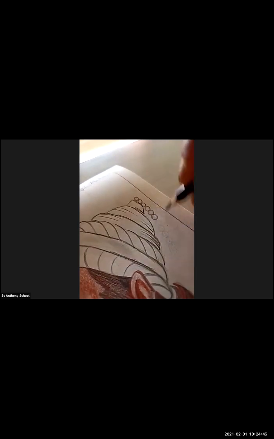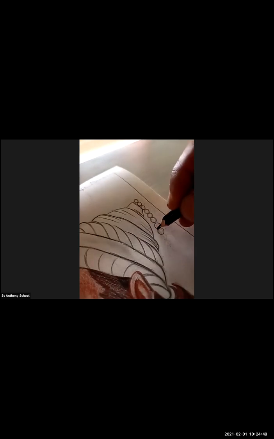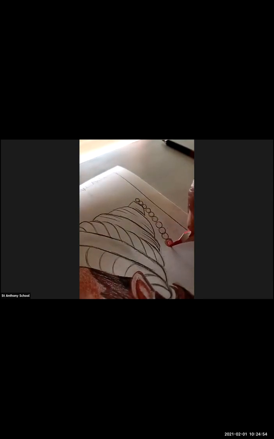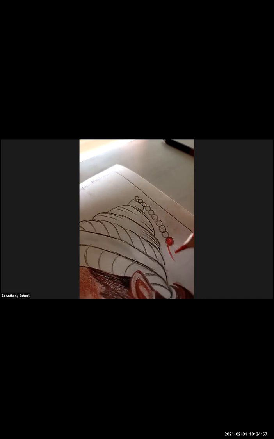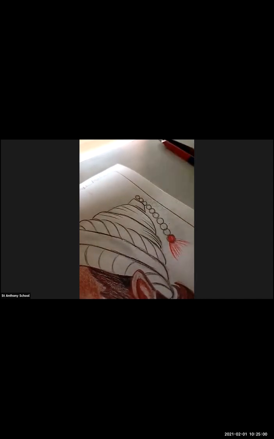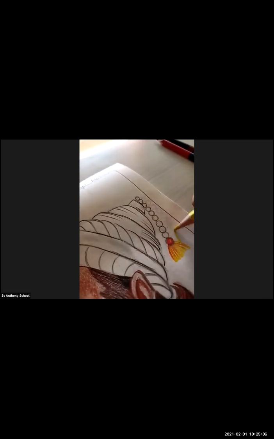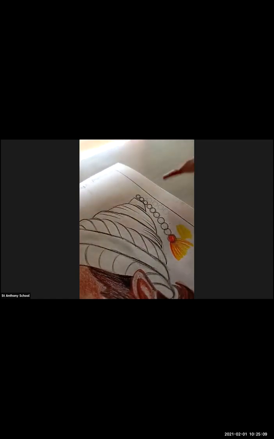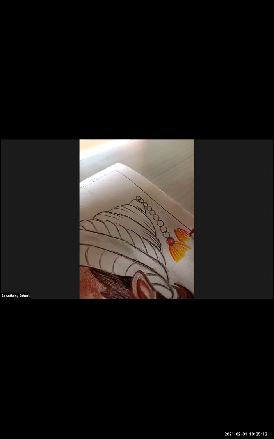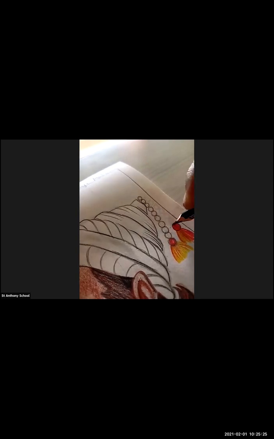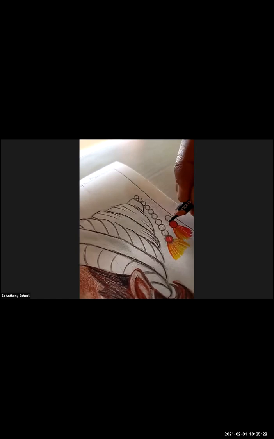Pearls over here in this way. This way you're going to add the details.